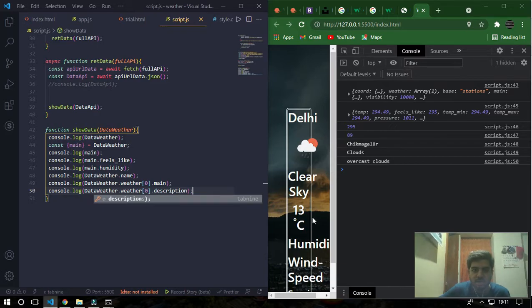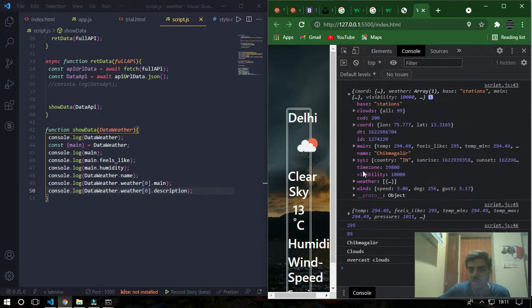Then I need fields like humidity, name. I got those, then description, main, then you got humidity. We need wind speed. Where is wind speed? Wind is an object which is present inside the main object.